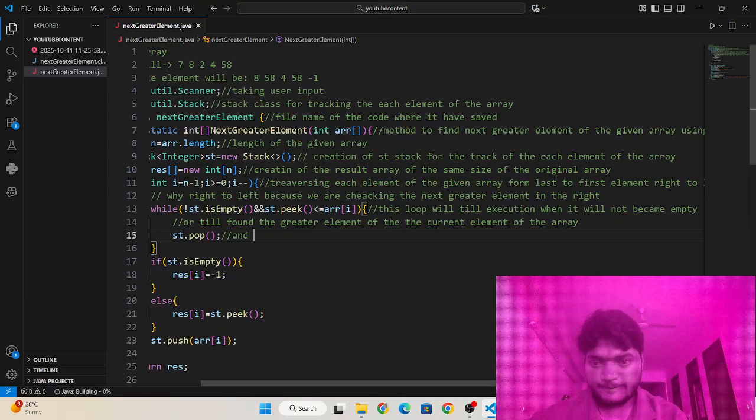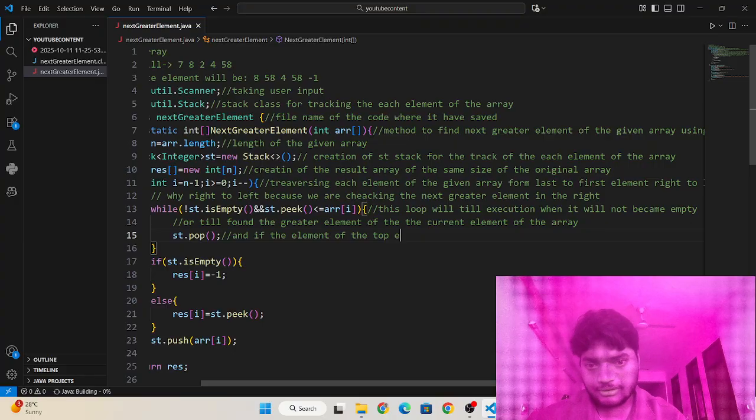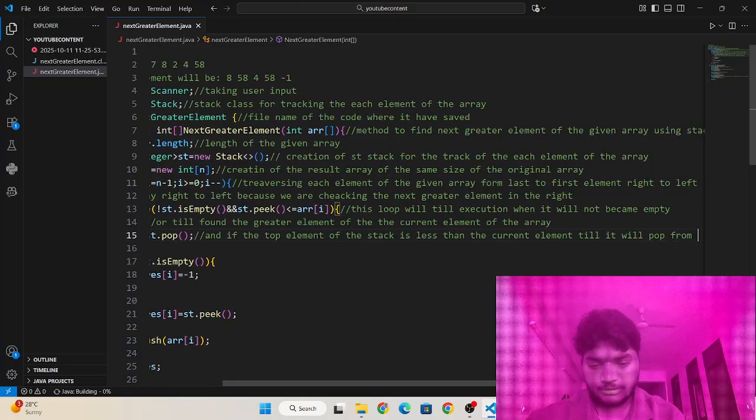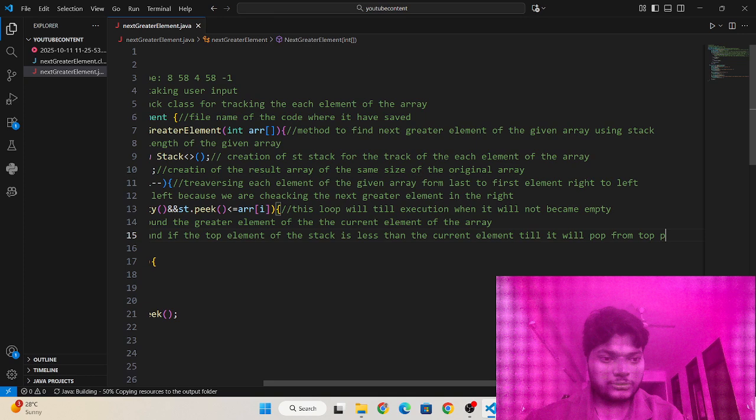And if the top element of the stack is less than the current element, it will pop from the top of the stack. Okay,